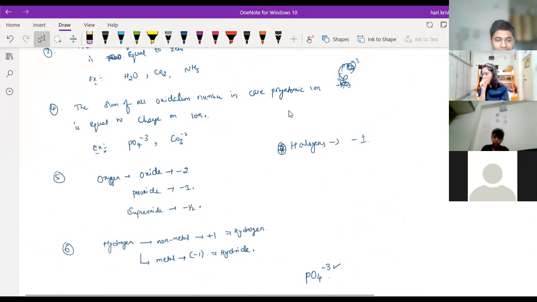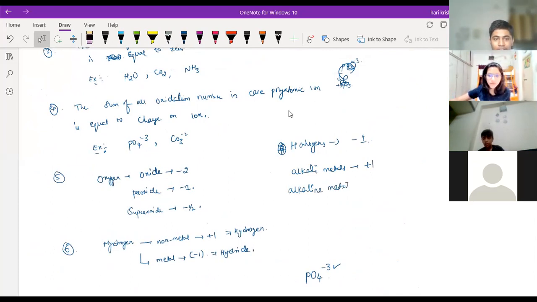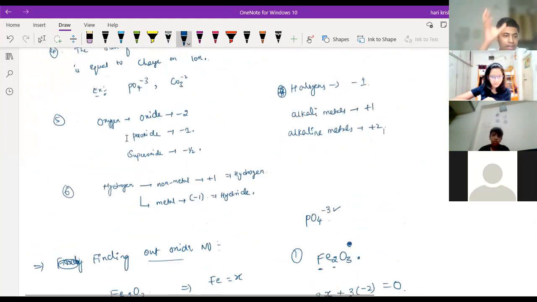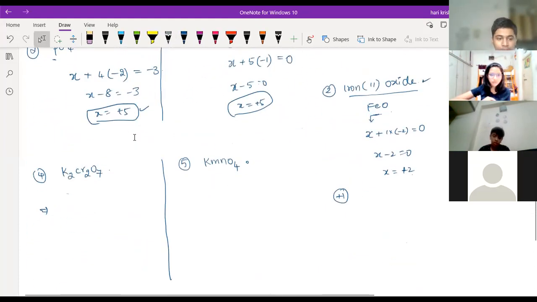Yes, sir, alkali metals always will show +1. Alkaline earth metals always will show +2. That's a constant one, right? Yes, sir, but sir, if we forget the group part and go based on the calculation, then it can be both 18 and 20, right? For the balance part, like stability. Yeah. So what is the potassium atomic number?